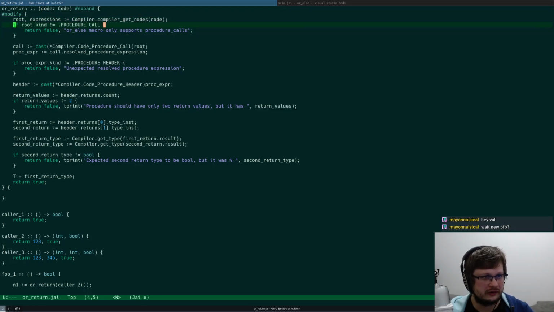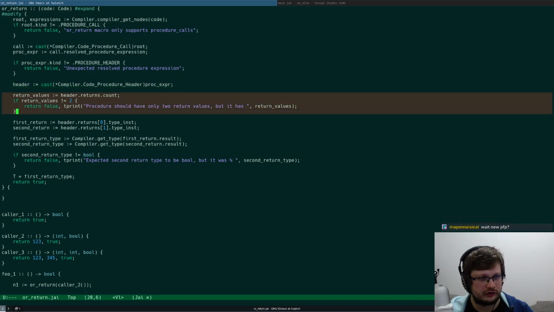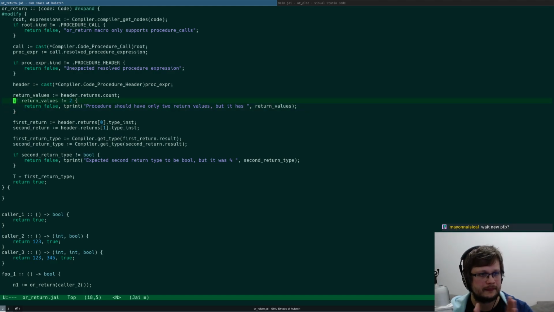If not procedure call or return, macro only supports procedure calls. Then we get the call, get the proc expr. If it's not a procedure header, unexpected resolved, blah blah blah. We get the procedure header, after which we get the return values, and then we need to remove this because we will support however many, right?